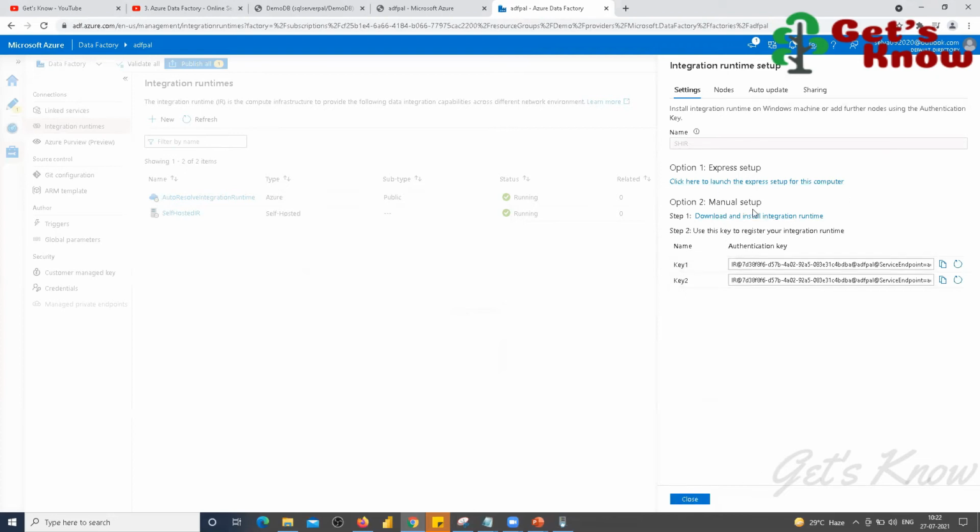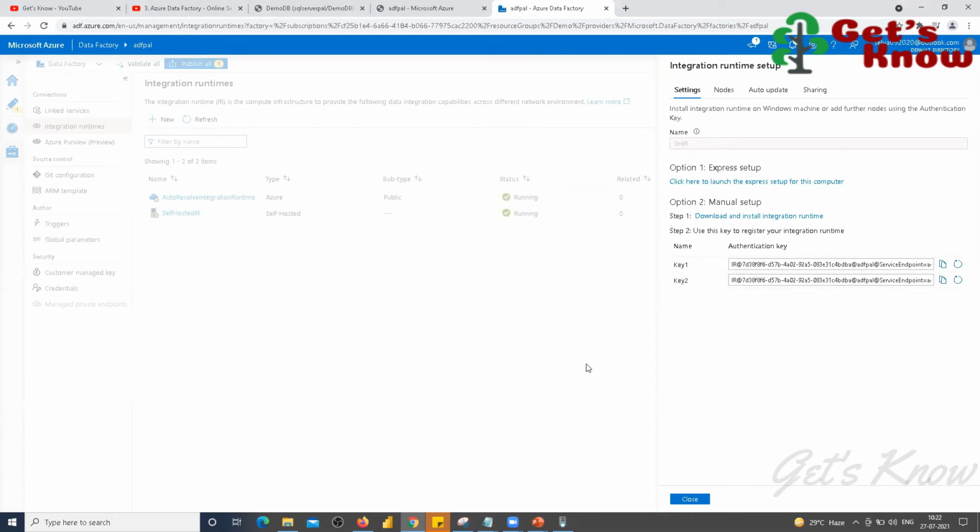Again it is showing the same feature. See here, the new integration runtime SHIR I'm creating. But now you don't need to download it because it's already available, so you can close this. Once you click close, the new linked integration runtime will be created.